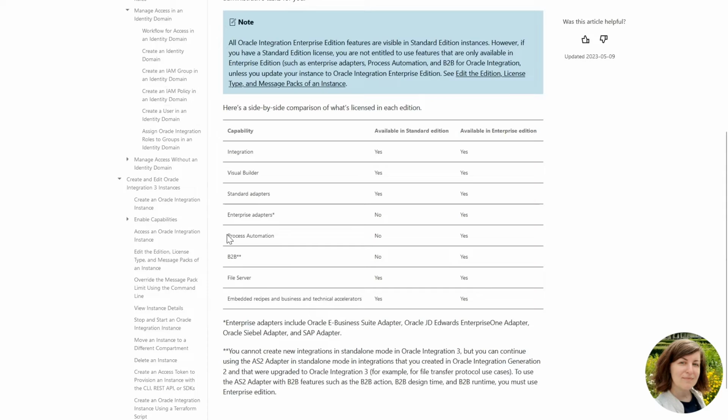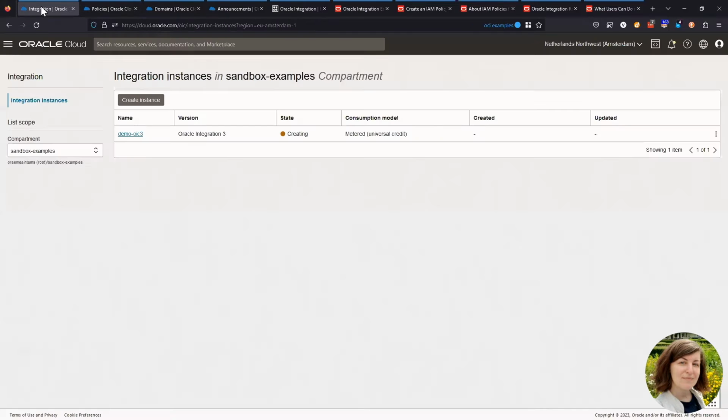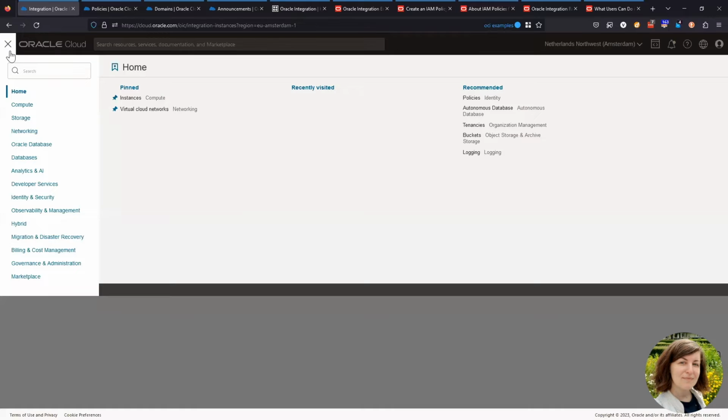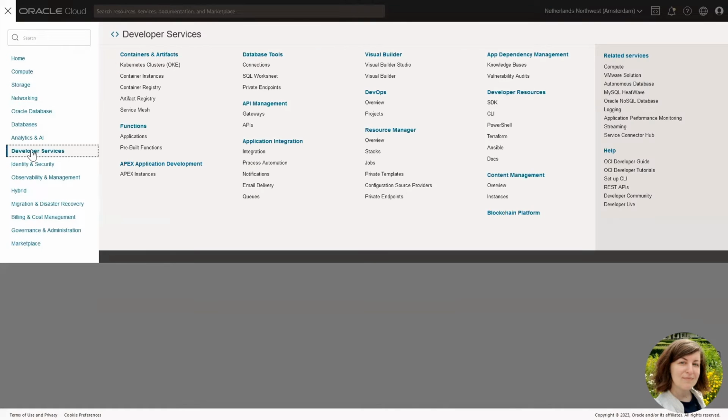Also with Enterprise Edition, you can use process automation and the B2B capability. One note about Visual Builder and process automation. From a technical perspective, these capabilities are the same as the standalone products that you can find in Developer Services: Visual Builder and Application Integration Process Automation.